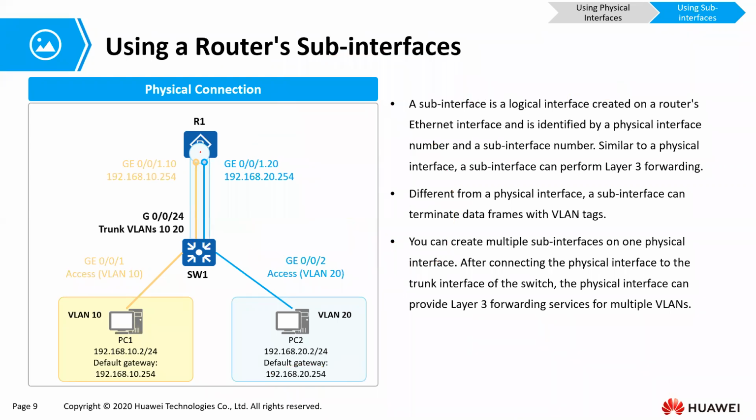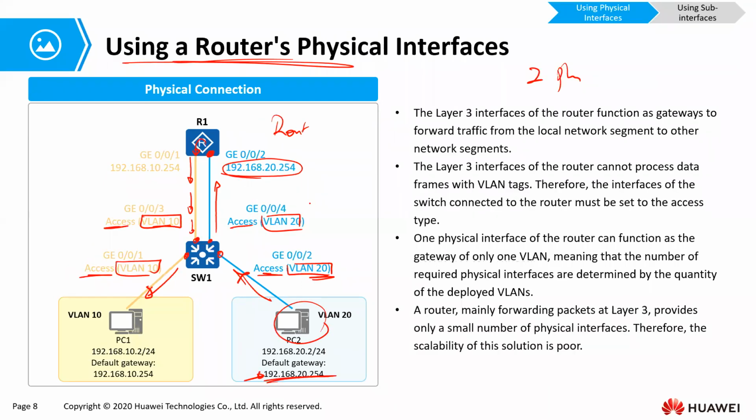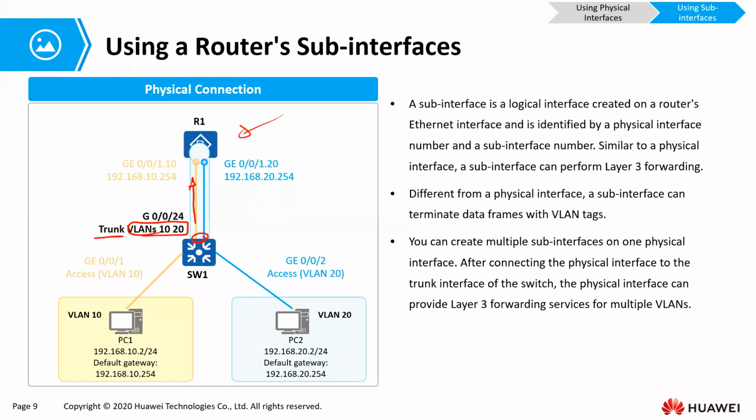That's what happens here. We have tried to express these two sub-interfaces as the interfaces there, but in actual sense, we are having one interface here, physical interface, that will be a trunk port permitting the VLANs we want to be routed by the router at the other end. So our traffic will go in its VLAN. Please note, with actual interfaces, physical interfaces, the traffic goes without the VLAN tags. With sub-interfaces, it goes with the VLAN tags because this is a trunk port.